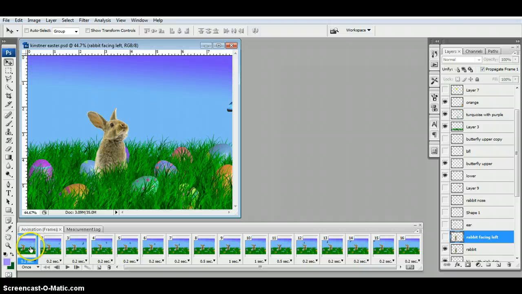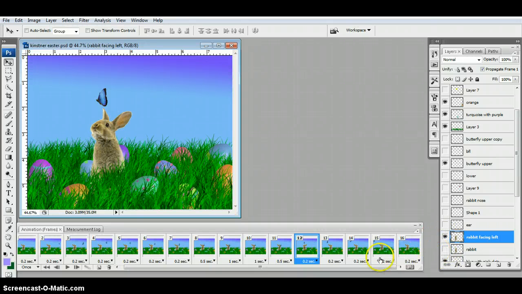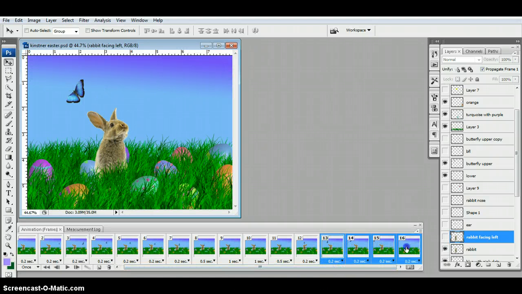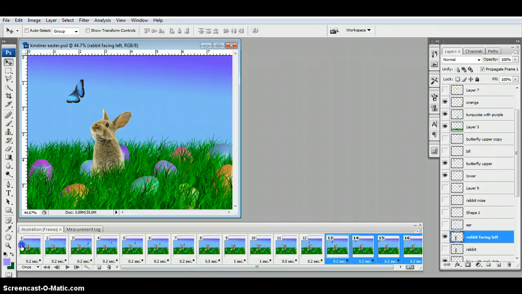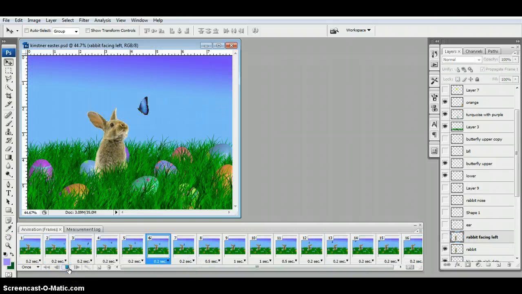Okay. And whatever happens in the first frame is kind of happening through the whole rest of the animation. So you don't want to switch the visibility of the bunny or the direction of the bunny until the butterfly takes off. And that's in animation frame number 12. So at that point, I'm going to switch which rabbit is visible. And then for each frame that follows, I'm going to do the same. I'm going to turn on the rabbit that's facing left and turn off the original rabbit. So if I play this through,